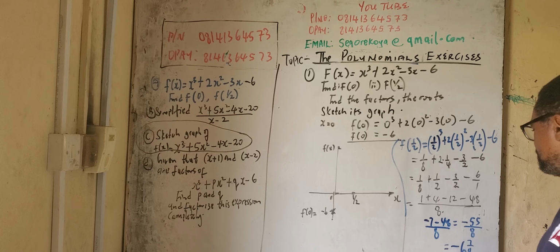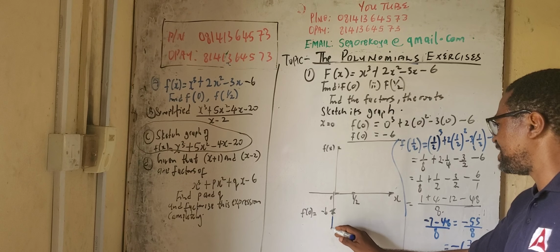So the value of my y will be somewhere here. So that is minus 6 whole number, 7 all over 8. When you trace it to this y, this is what the point will be on the Cartesian coordinate system. So that's for that. Now the question says we should find the factors, the roots, and sketch the graph of